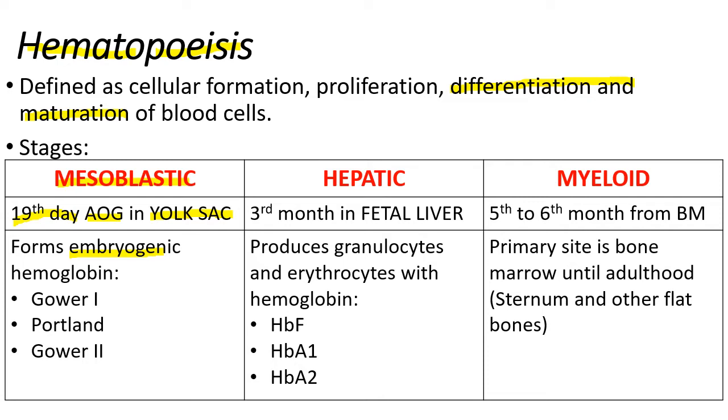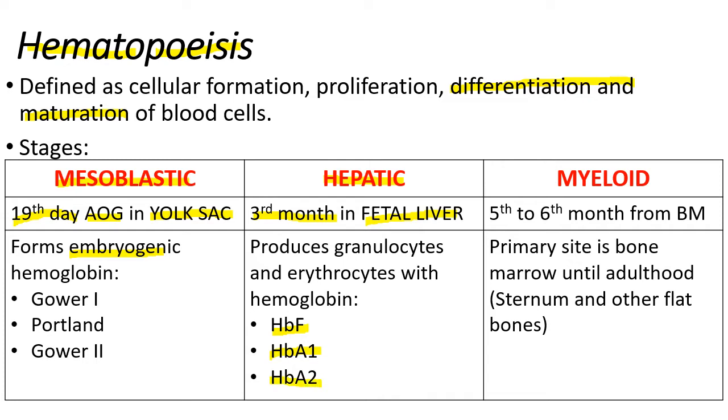I-recall din natin mamaya kung ano yung mga combination of globin chains which make up this type of embryonic hemoglobins. And then next, after the mesoblastic stage, magpo-proceed na kayo with the hepatic stage kasi well-formed na si fetal liver, and it will happen at the 3rd month of age of gestation. In this stage, napo-form na si fetal hemoglobin which is the most predominant hemoglobin at this stage. And then lesser amount na lang muna si adult hemoglobin and the minor adult hemoglobin which is